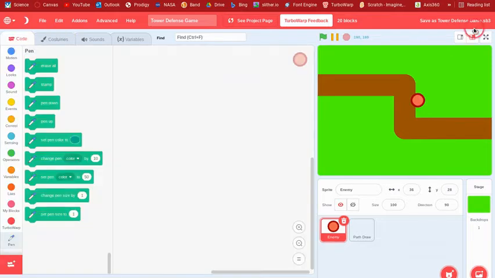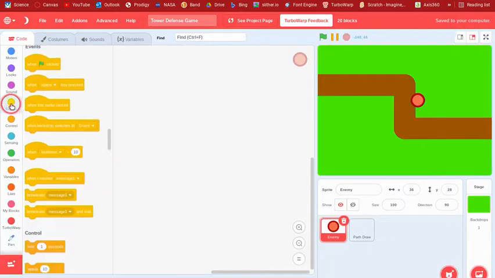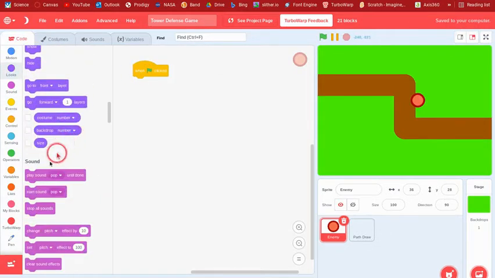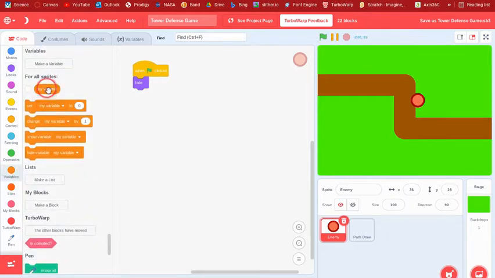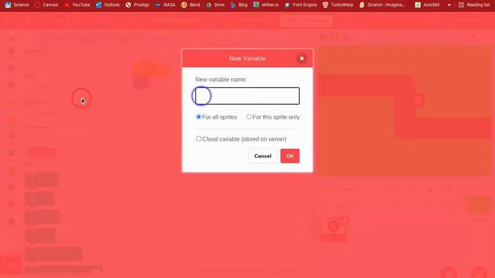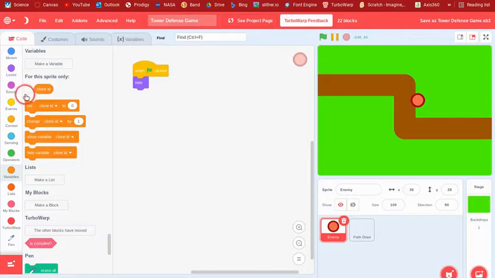Next, what we're going to do is get a "when green flag clicked". We're going to hide the sprite, because this is going to be the original sprite. And then this is going to be the one that creates all the clones. So we can make a new variable called clone ID for this sprite only, and that means that each clone is going to have a different value. So I'm going to set the clone ID to main, because this is going to be the main sprite, and